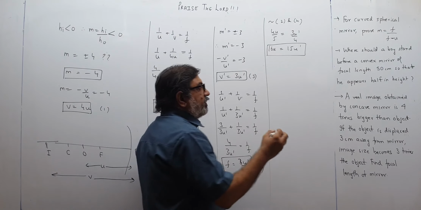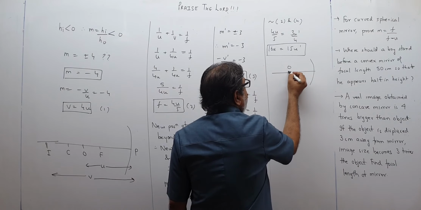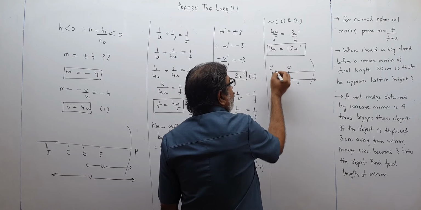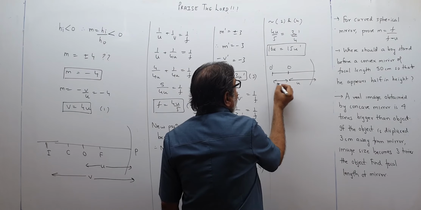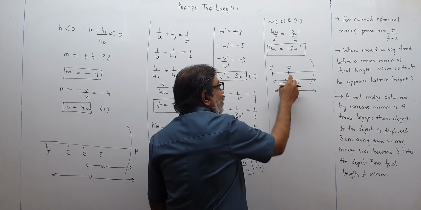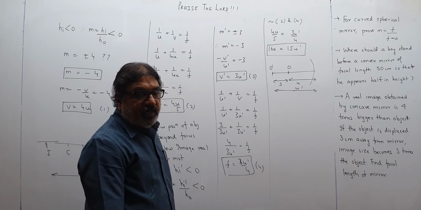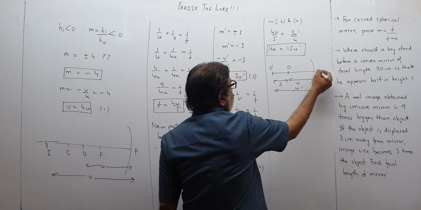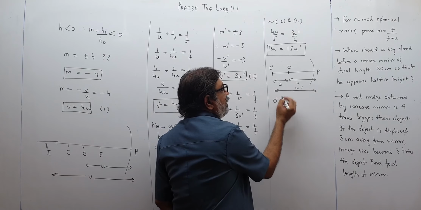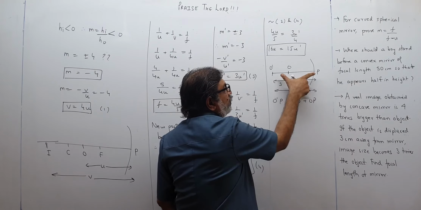Now children, please understand very nicely. This was the situation, here was the object, this was u. Object came back a distance of 3 centimeters. So this became u dash total. Object moved over here 3 centimeter, so this became new u dash. It is happening like this. This is pole. Now children, I know that o dash p distance will be o dash o plus op. ठीक है ना? This will be this plus this.